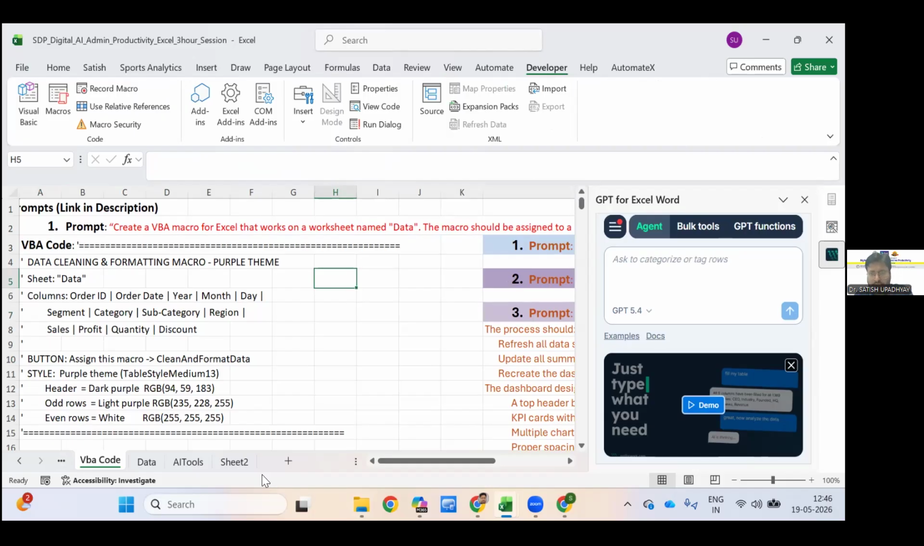Till now, we have 3 prompts. I'm copying each prompt and generating the VBA code. And this is one of the easiest tasks. Copy the prompt, paste it in the Cloud AI, and Cloud AI will give you the VBA code. Now you have to put that VBA code into the Excel. How will you do that? So for that,